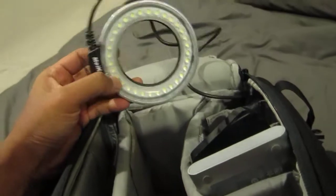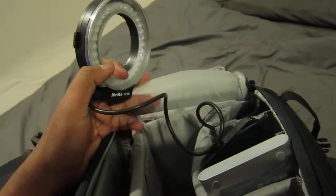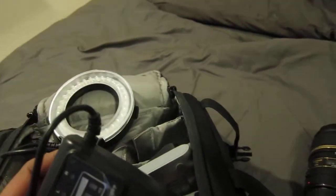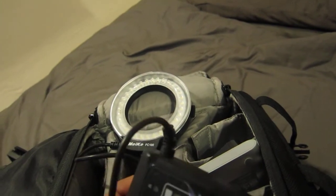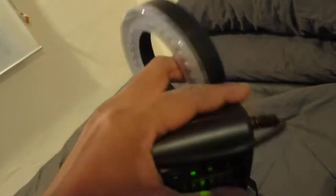This is, I think, a ring flash. This is what I used initially when I first started out, but because it was too harsh, I stopped using it. So what I use is this as continuous lighting. There is a mode here that allows me to shoot continuously, and that helps me, especially when I shoot at night. I shoot most of the time at night, so this helps me in my